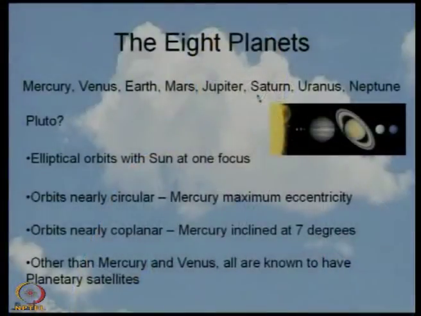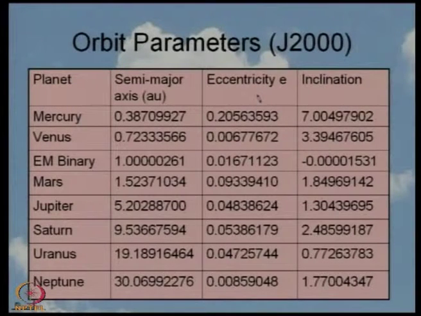Welcome to today's class. We are discussing the solar system, and in the last class I told you that we have these planets in the solar system, 8 planets, and there are a few corrections to what I had told you. So, let me just go through those first. The first thing that I should point out is that the value of A over here